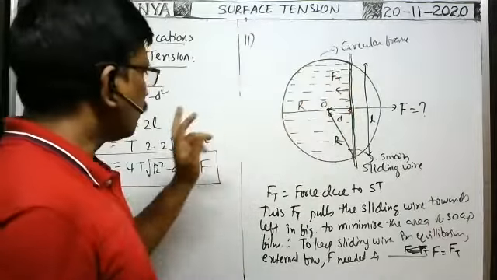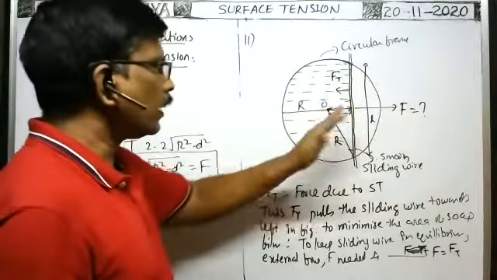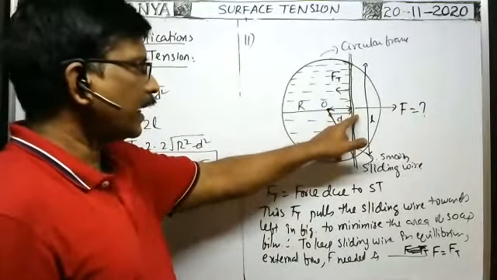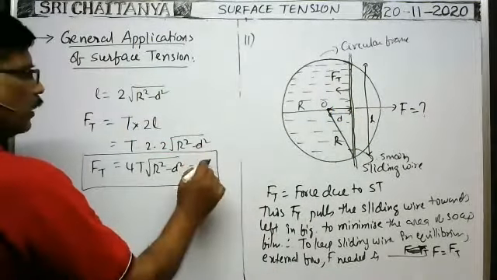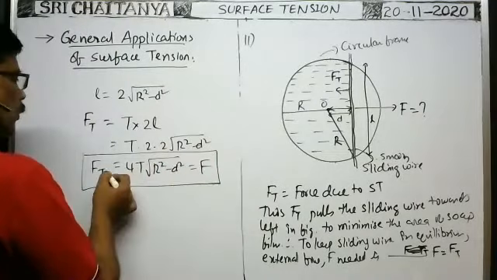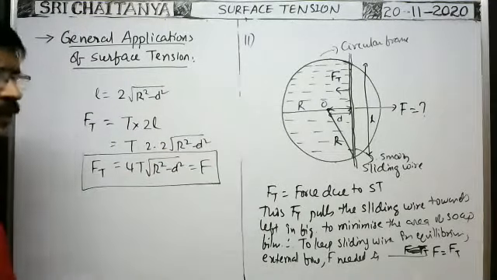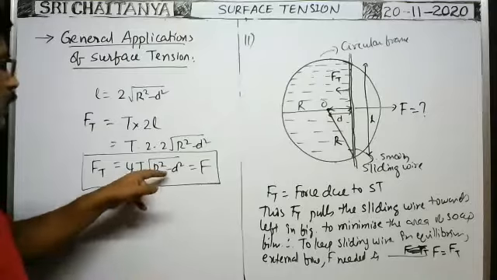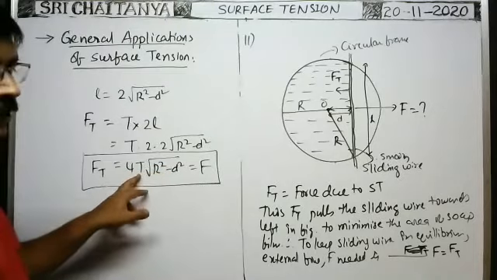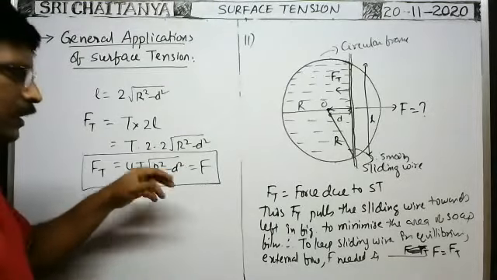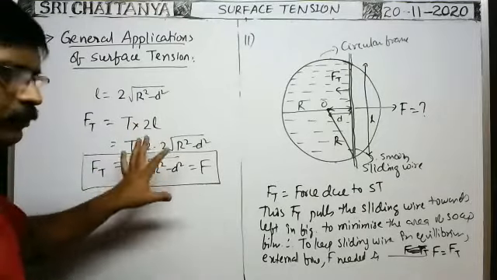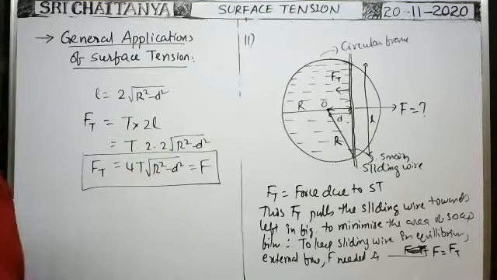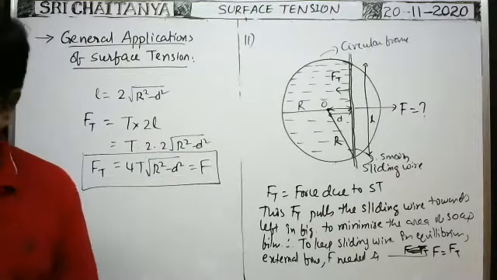If the force due to surface tension acts like this, and we apply an equivalent force in the opposite direction, the net force acting on the sliding wire becomes 0, so that it is under equilibrium. So for maintaining the sliding wire in equilibrium, the force required is equal to the force due to surface tension, which is equal to this one. Of course, the data may be given in millimeters or centimeters, and this one in SI. You convert the distances into meters only and substitute. Convert all the data into the same system, then substitute and simplify. Okay, you'll get the answer. So that is one more point.